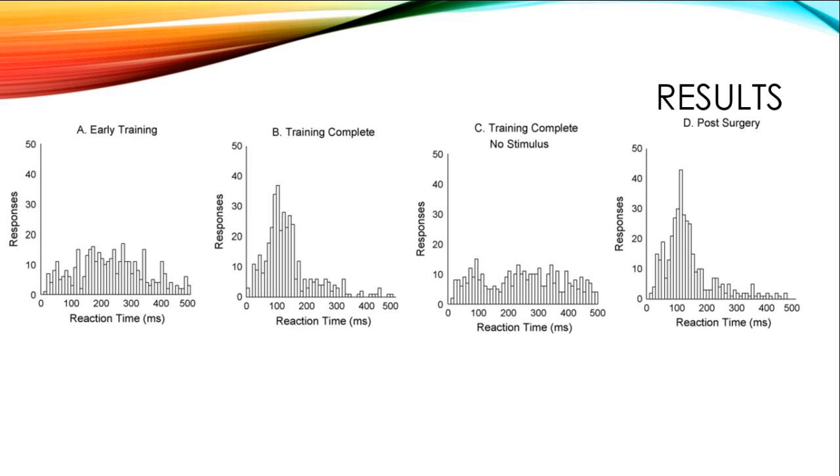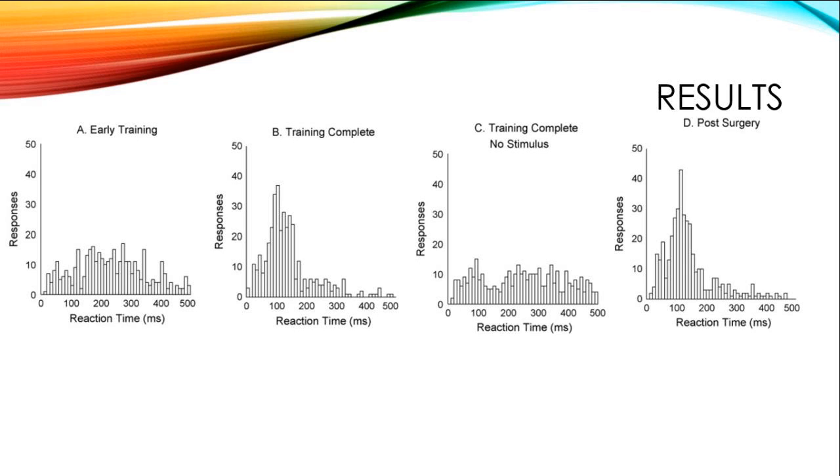This will act as a control in order to compare the reaction times after the surgery is done. If the reaction times post-surgery are the same as the reaction times with no stimulus, it would indicate that the rat is unable to perceive any stimulus at all, and the surgery affects more than just the ability to process grouping or pattern distinction. However, as seen in Figure D, the reaction times emulate the reaction times in Figure B